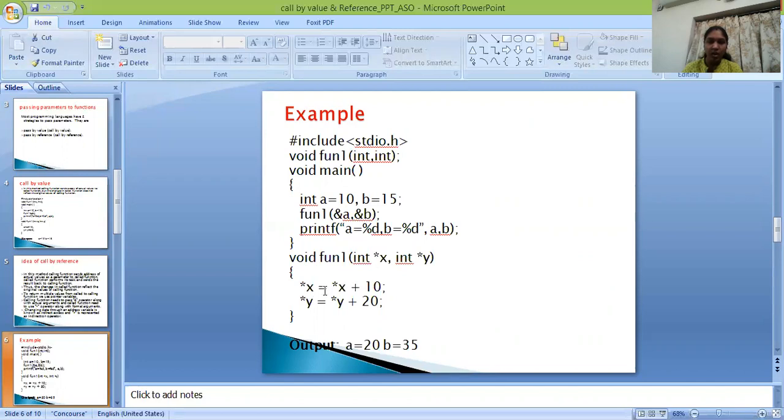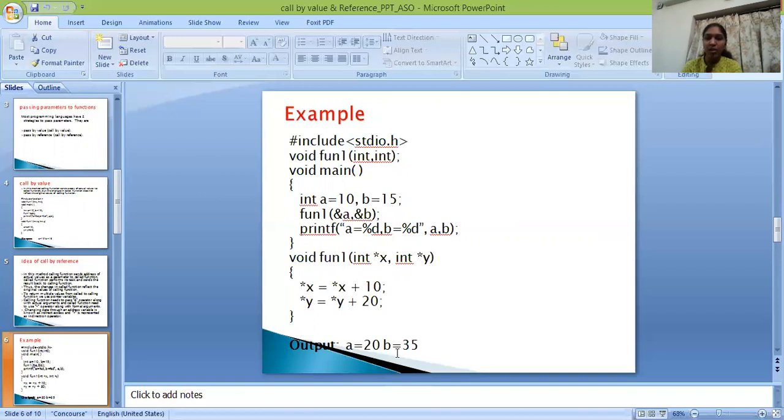So star x is equal to star x plus 10. What is the value of a? 10. 10 plus 10 is 20. Next, star y is equal to star y plus 20. This is an indirect operator, that means reference. What is the value of b? 15. 15 plus 20 is equal to 35. This is the example for call by reference.